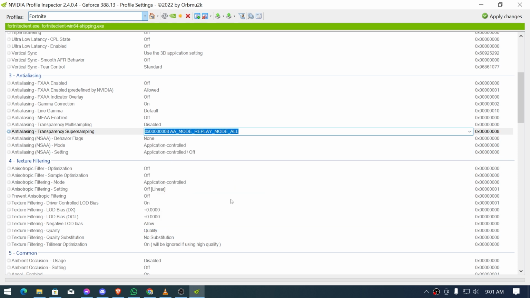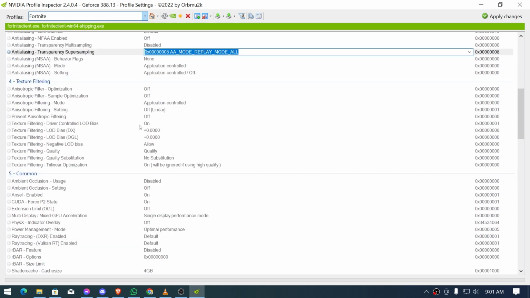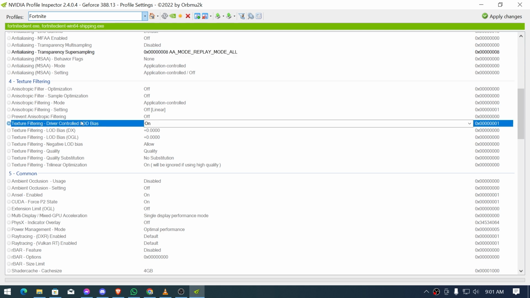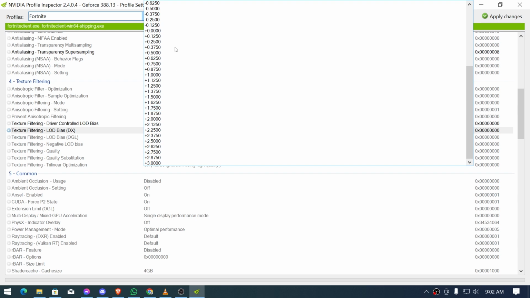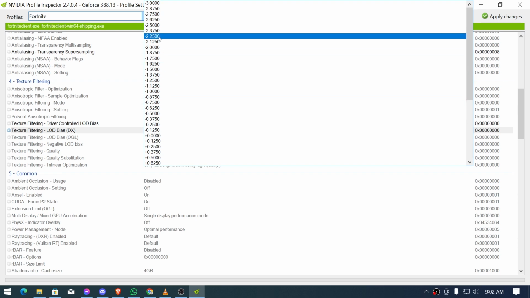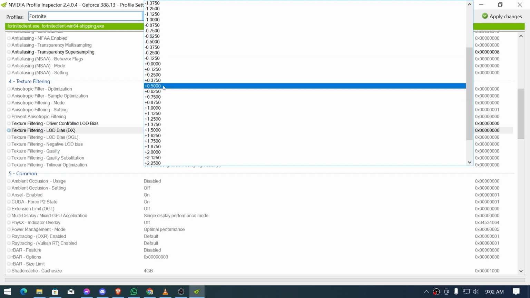So go ahead and click that one, and then for the texture sampling, there are 4 things that we are going to change here. So the number 1 is going to be this one, driver controlled LOD bias. Let's turn this off, and then we're going to head down below. Let's change this one to 0.500. So let's go ahead and find that one. Okay, this one right here, plus